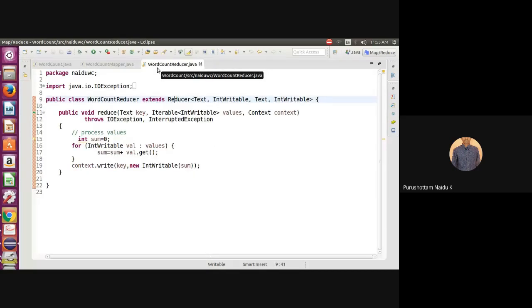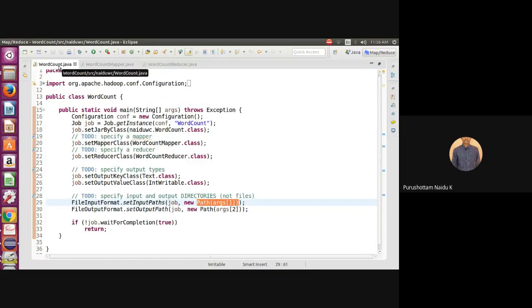In this code, we have to add one more statement if you want to maintain a combiner in your program. In the driver code, we specify the mapper class, reducer class, output key value classes, and also the input and output directories.